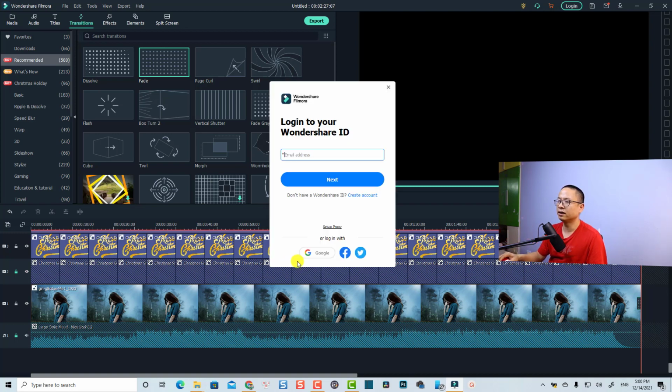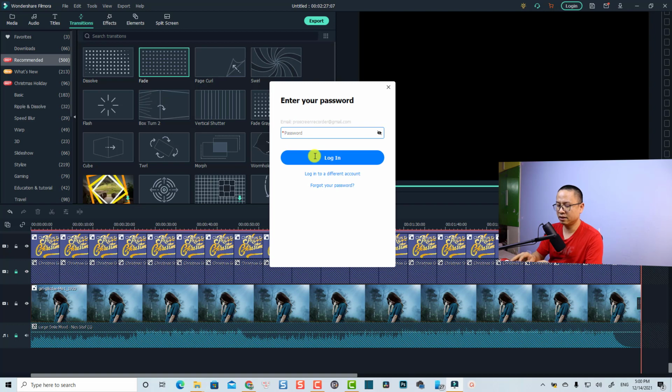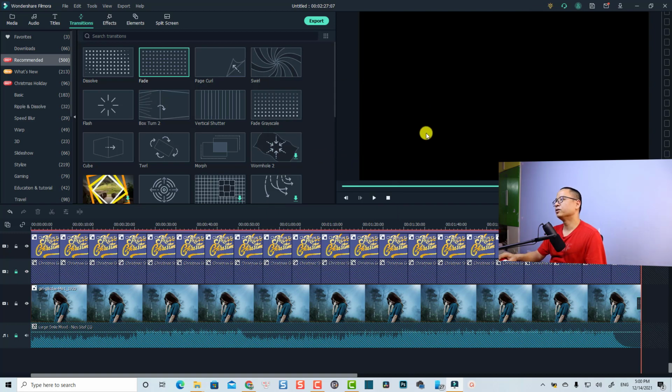So okay, we can click here to log in. And click next, and then I have to type my password. Okay, so it's successfully logged into my account, and we can click here export